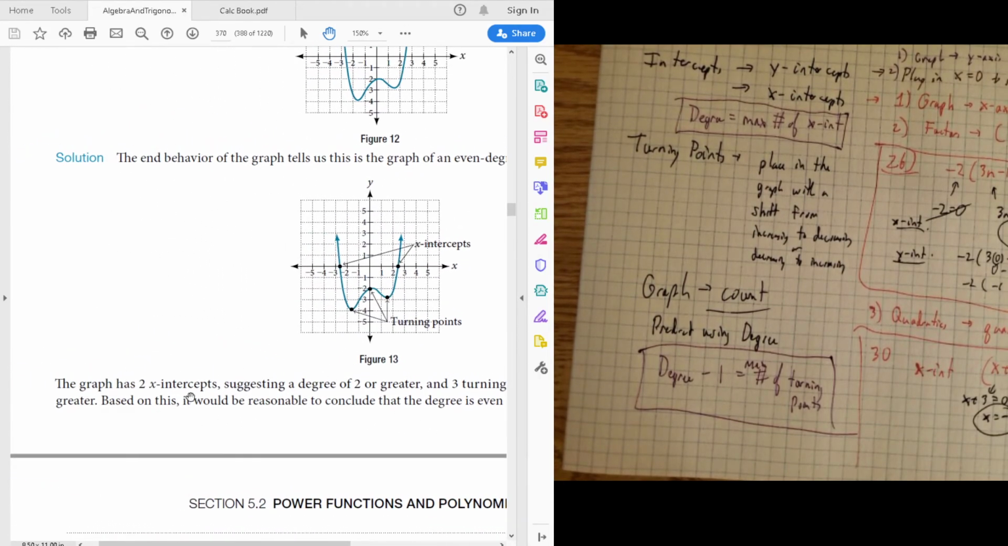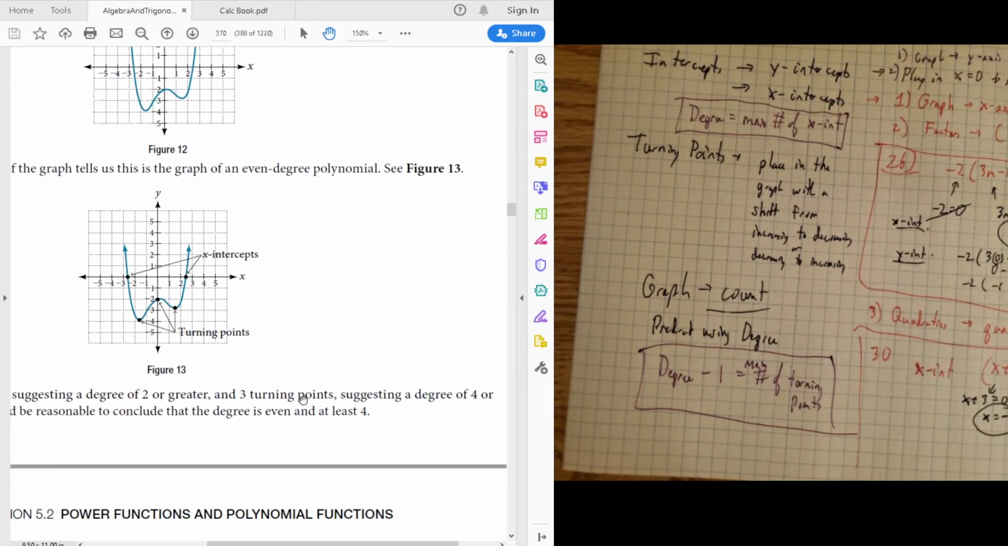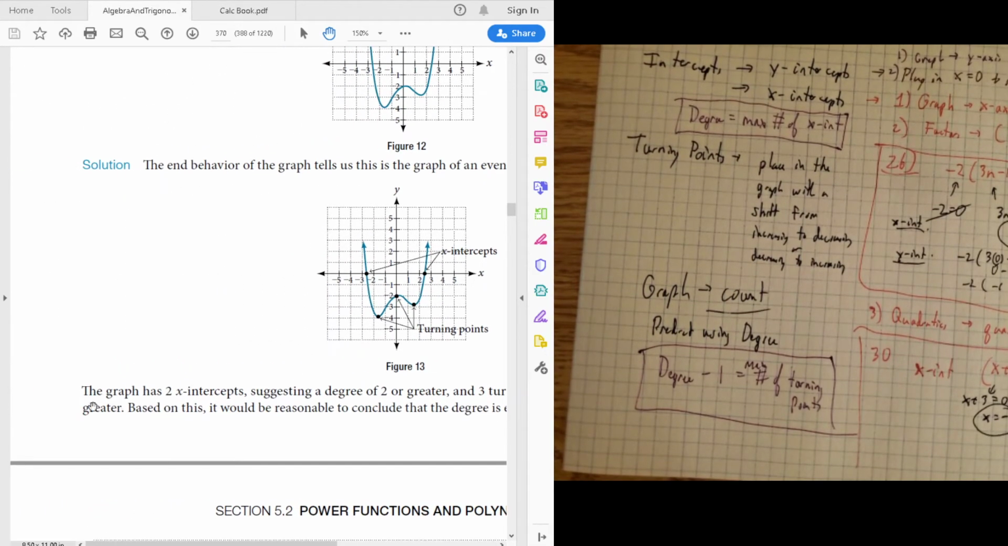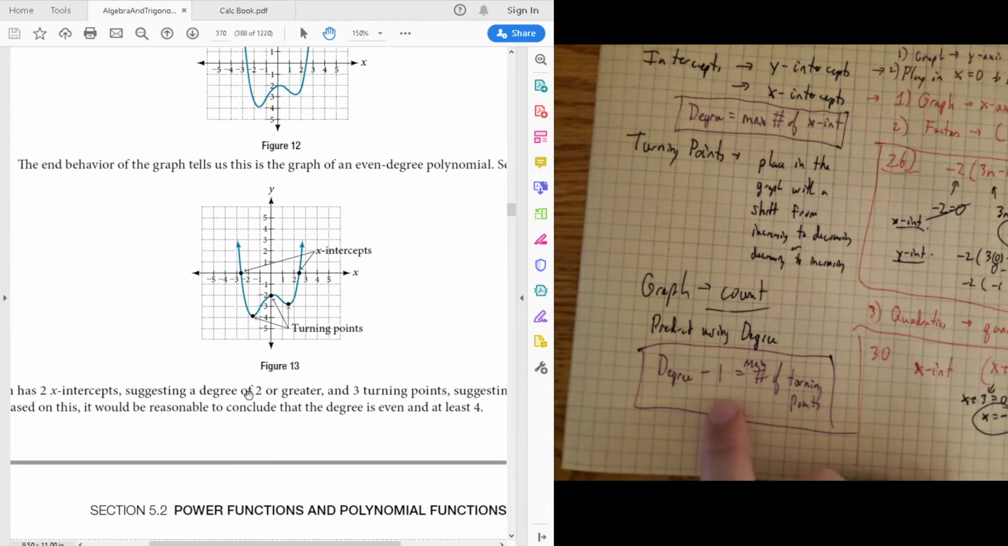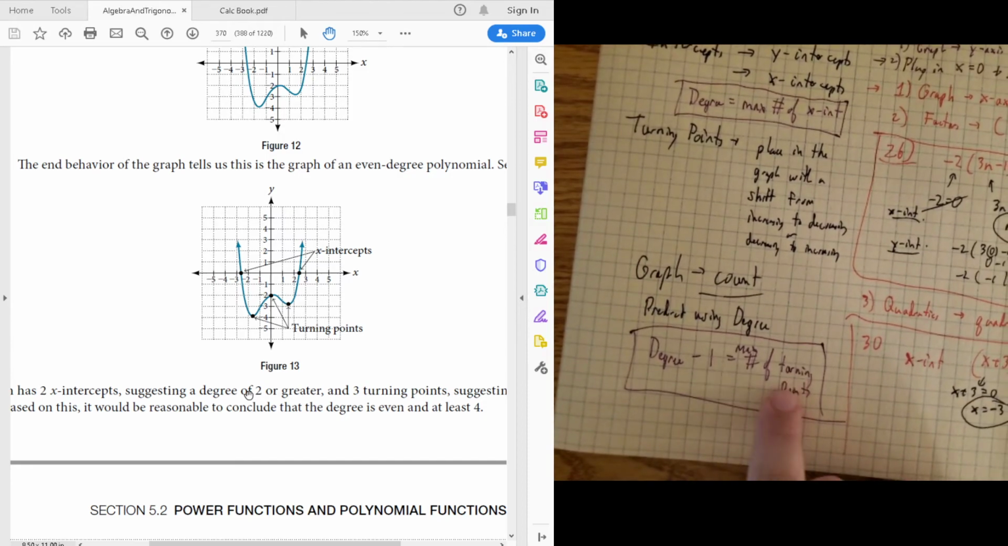In this example, there are 2 x-intercepts, suggesting it could be a degree of 2 or more. However, there are 3 turning points, suggesting it could be a degree of 4 or more. It'd be reasonable to say it has to be at least 4. The reason being is, if it's 2, then it can't possibly have 3 turning points. Because remember, if it's 2, then it would break this rule. Because if the degree was 2, 2 minus 1 is 1, the maximum of turning points is 1, but it